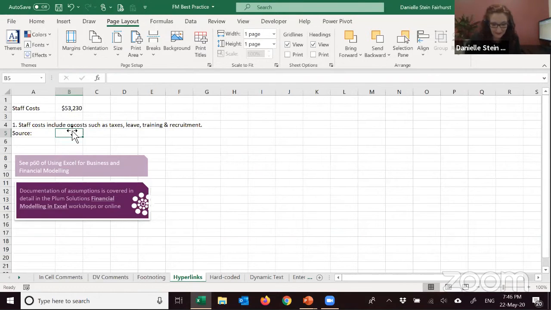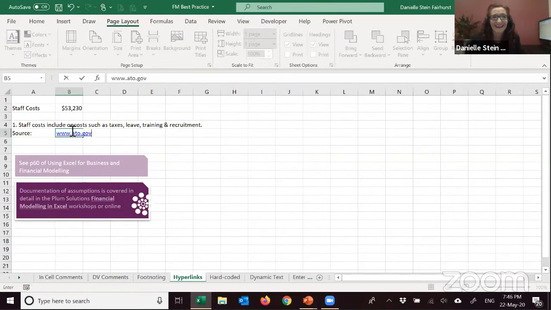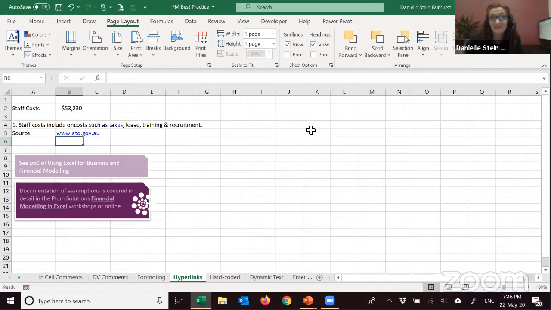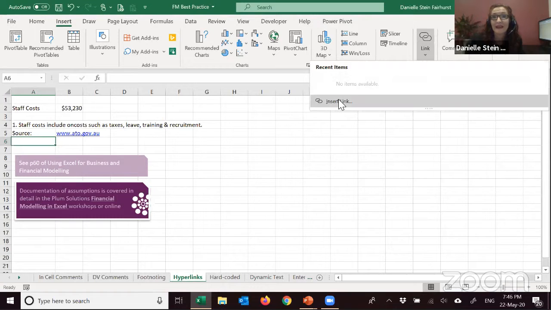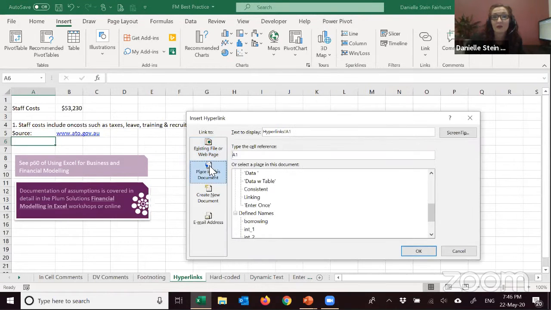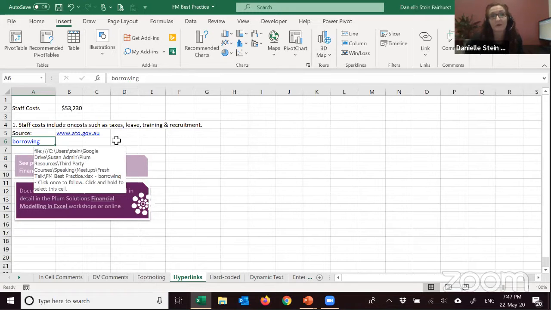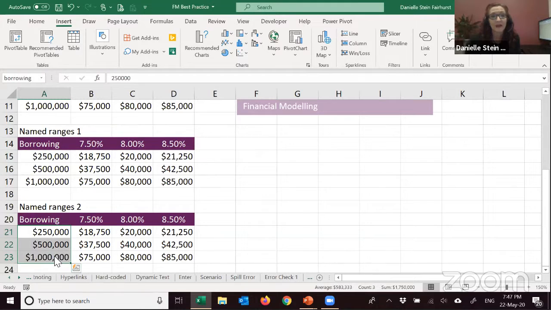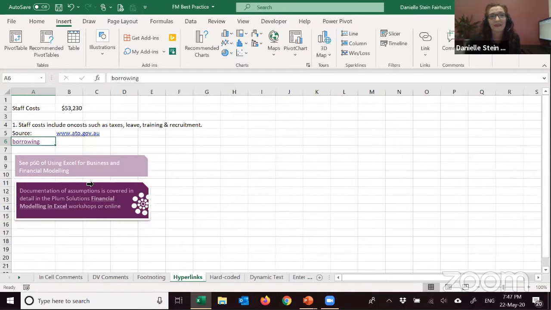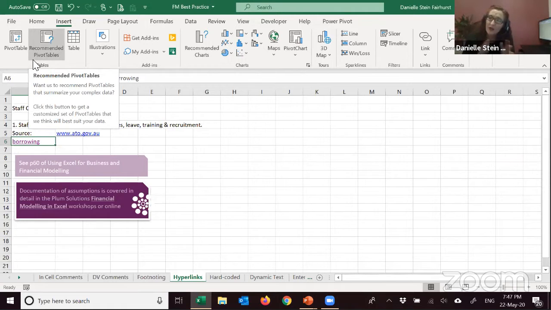The other one is hyperlinks. So you can type out ATO or something like that. You could actually just type out the link or just click on it there. The other thing you could do is go into insert and add in perhaps a link, and in this document, you can jump to a particular name. If you want to link to borrowing, for example, you can click on that. That's going to jump back to where you were, and then you go back to where I was there. So that can help with navigation, probably not so much with documentation, but when you're trying to help people to navigate throughout the model.